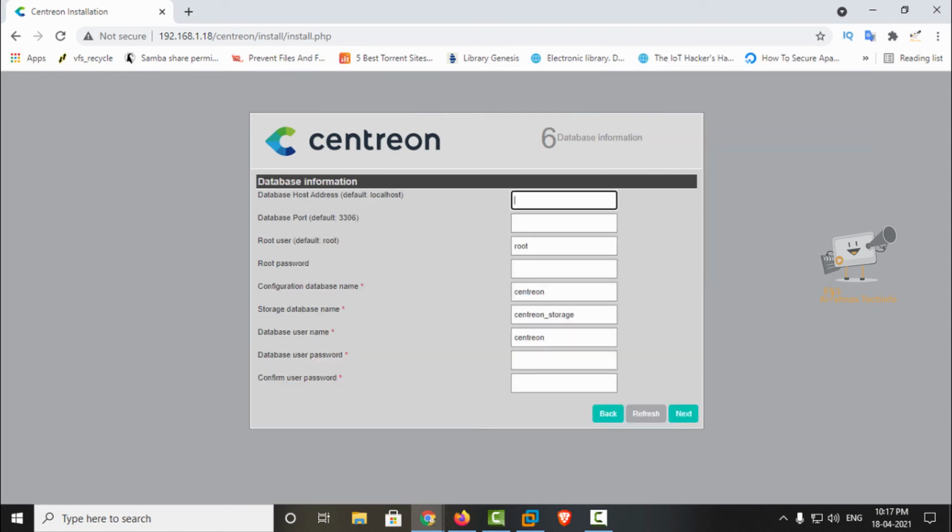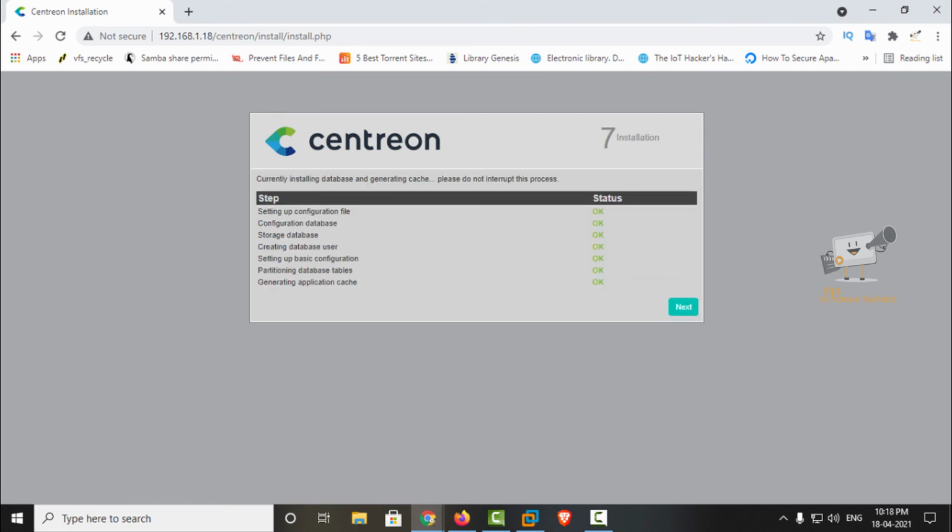By default the database host address is localhost, so you can just give the root user password as root, and by default the other fields are empty default values, and you can just confirm the database user password. And now we can see it is installing the database and generating cache. Now it is over. Now click next,